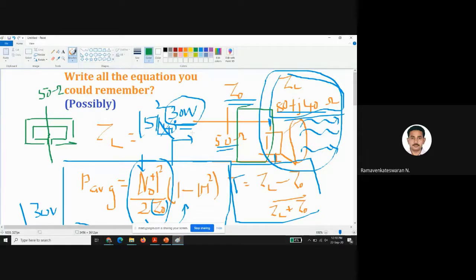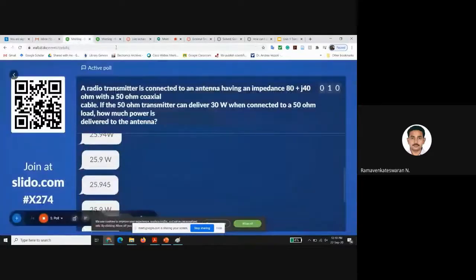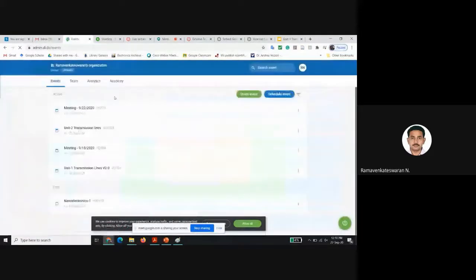With that, there is probably one more question. I think I can introduce the standing wave ratio. Okay, 0.134, 0.135, how did you get it? You have to take the square of it, gamma square. So gamma square is probably 0.283. Another question is this, so we can go to this poll.